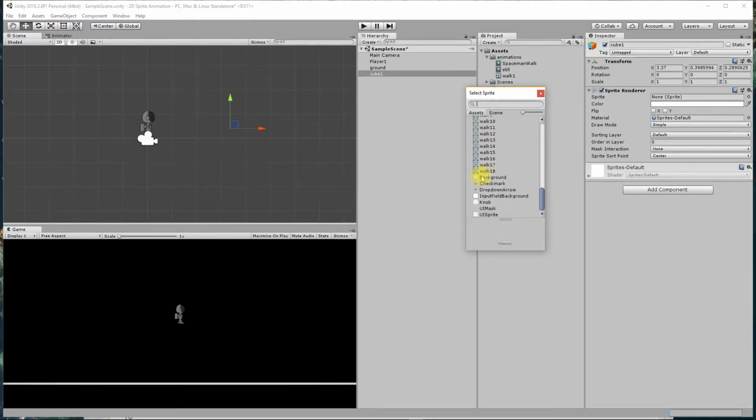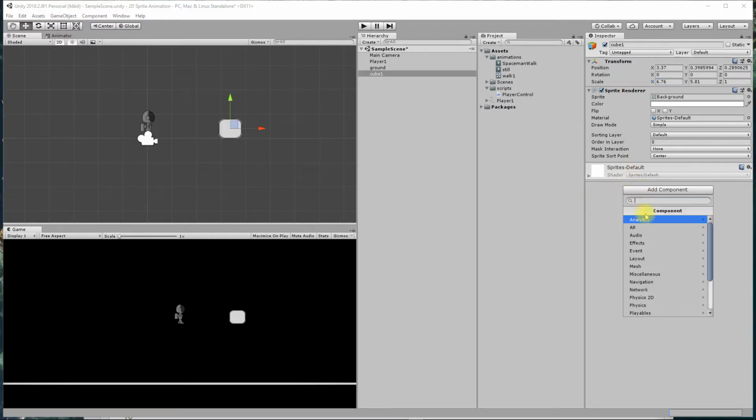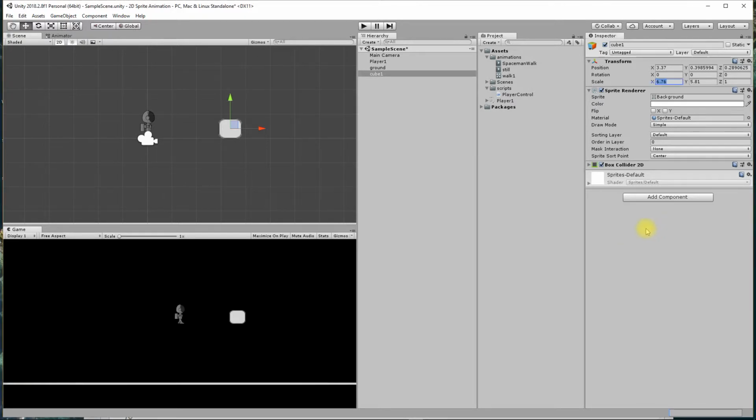So we'll go back and we'll use our background again because this is just nice and simple. And there it is. You can see the little white box. So let's make it a bit wider and a bit taller. And that's maybe a bit too big, so we'll make it a wee bit smaller. And what we're going to do with this cube is we're going to add physics 2D. We're going to add a box collider,